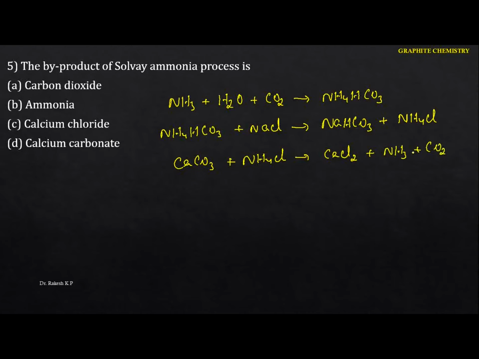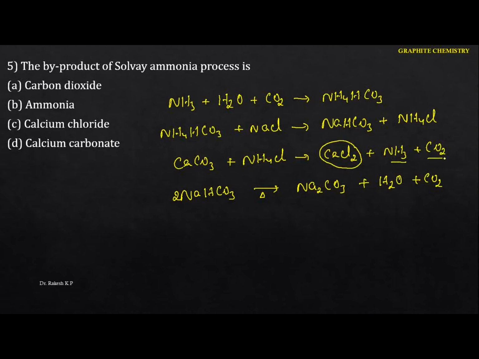carbonate. That means to recover the raw material here, whatever the sodium bicarbonate we got in the second reaction, when you heat this one, we are going to get the sodium carbonate, and again we are going to get the water and also the carbon dioxide. So here we have to take the 2. Just go this one. Here the byproduct will be the calcium chloride. You just identify this one.